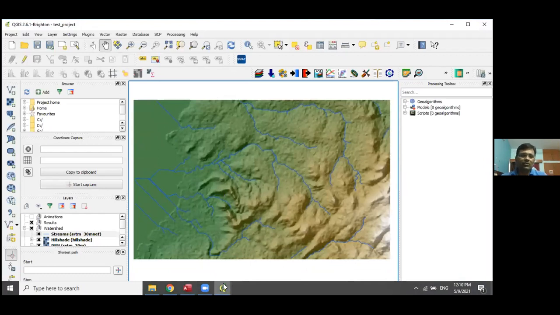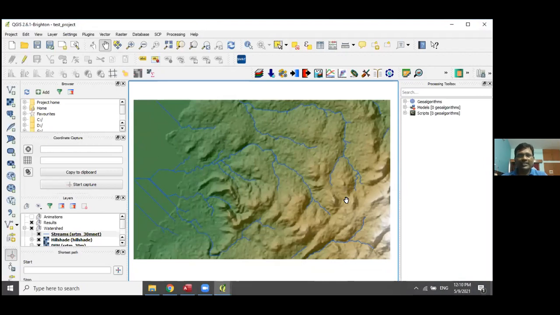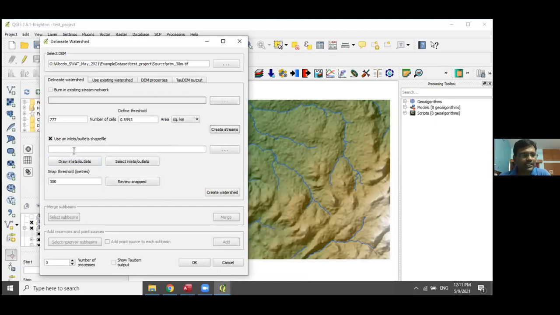Now suppose you want to do the watershed delineation. With this it will delineate the complete watershed. But if you know the watershed outlet you are interested in, then it will be helpful to you. So now in this case, we have the watershed outlet with us.